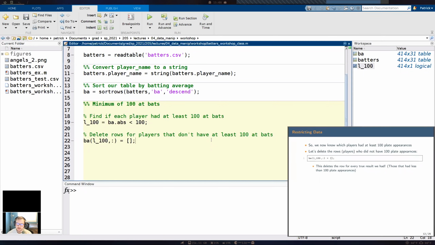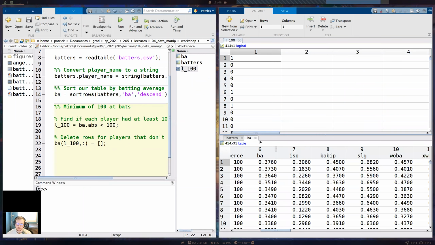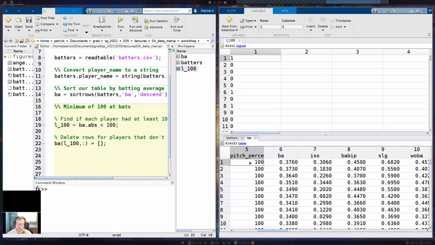So what it's doing here is deleting every single row where there is a logical answer of 1, which means true. Our first row had a 1, so Matlab is going to look at our table BA and delete this entire first row.